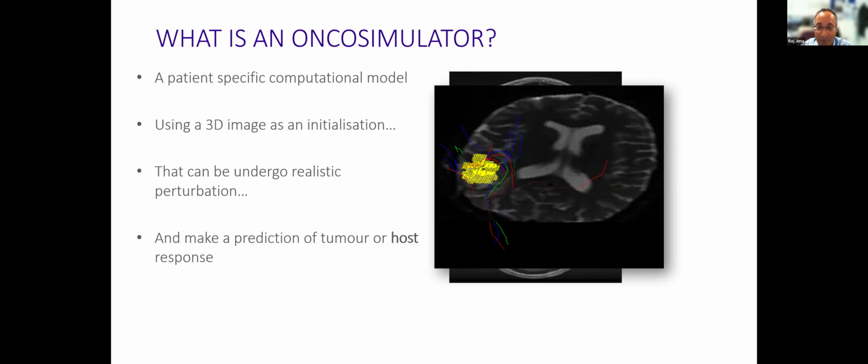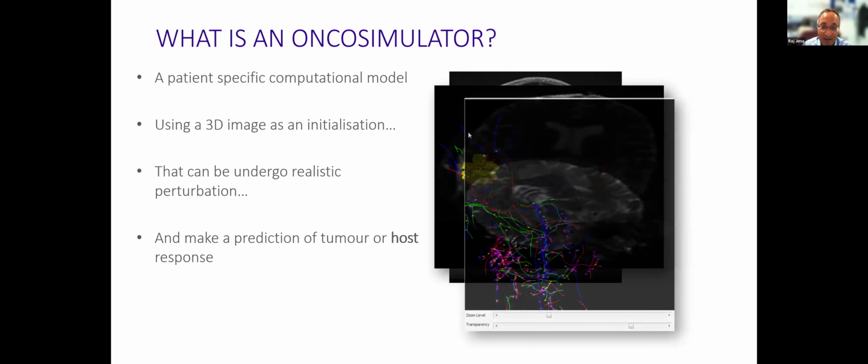You don't need to know any of that, but what we have is the initial scan of a patient who's had a glioblastoma removed, and in that scan, we have an area which is the tumor cavity. I've created a number of tumor nodes or agents with these crosses, and these agents have been programmed with some very simple rules, which is grow outwards from the tumor. How fast you grow depends on whether you're on gray or white matter. And if you head into a white matter bundle on your journey, then you lock onto that white matter bundle and you move along that bundle. So some very, very simple rules.